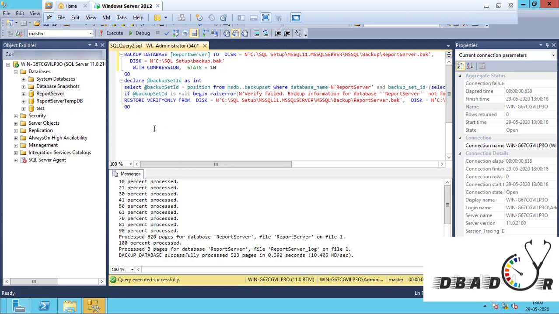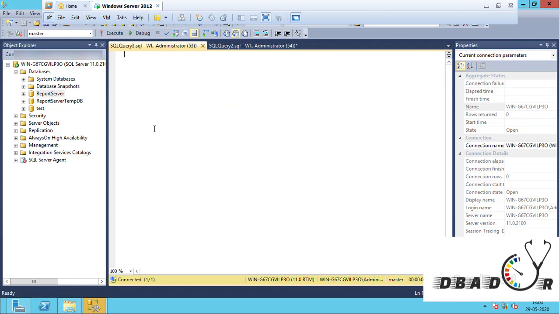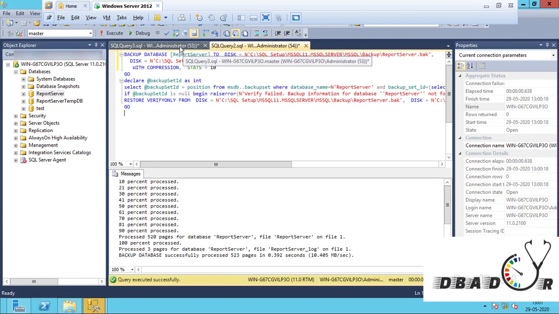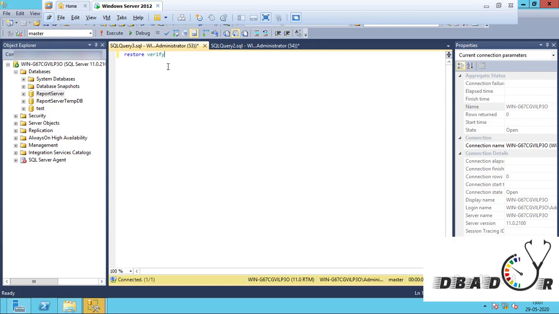I'll tell you one more thing here. If you have not selected the verify option, but you want to ensure whether that database backup is already verified or not, the restore verify only option is present, from which we can verify our backup.